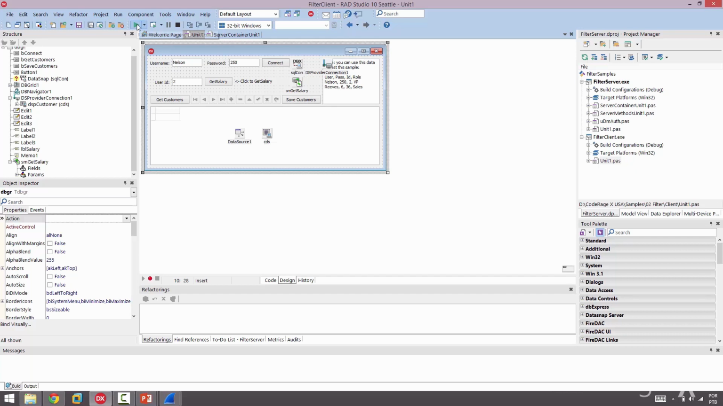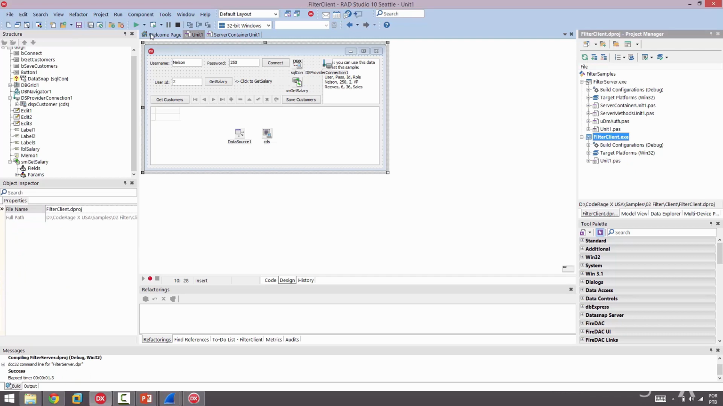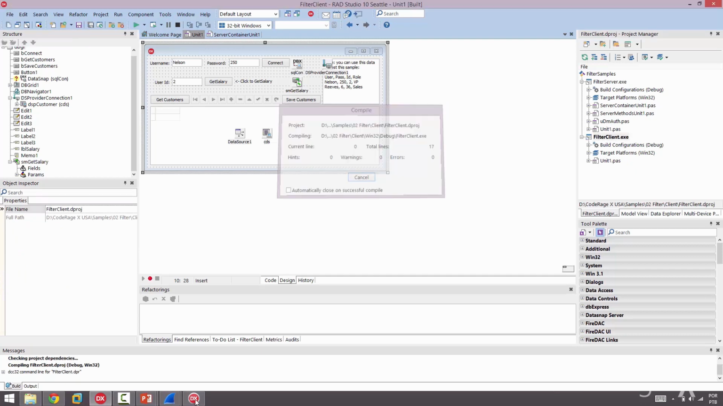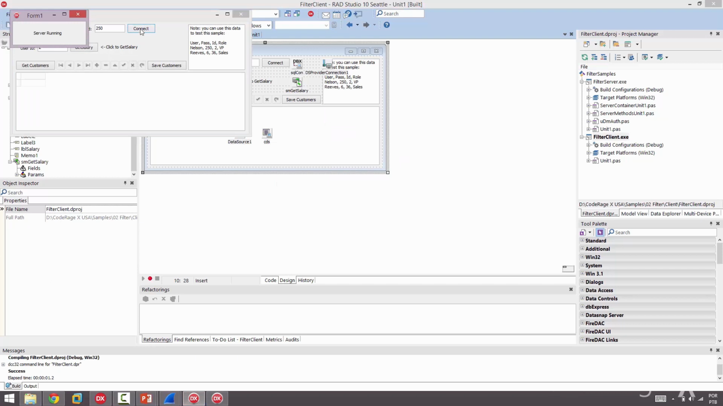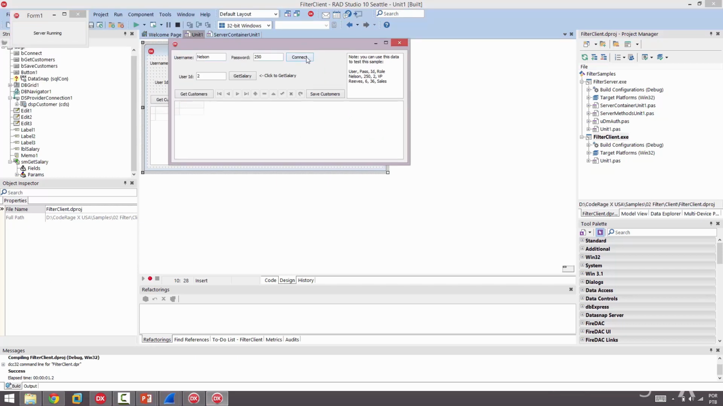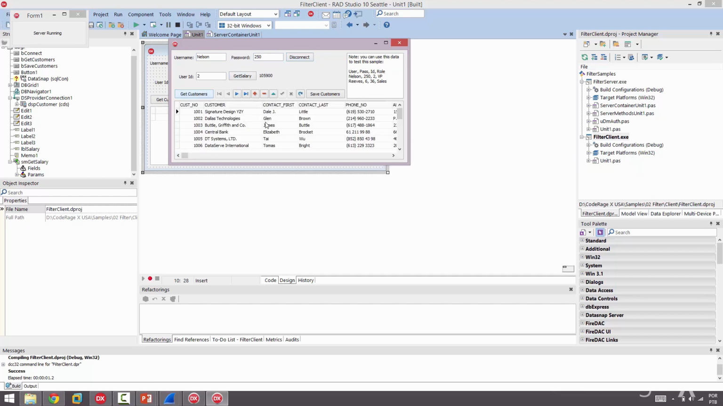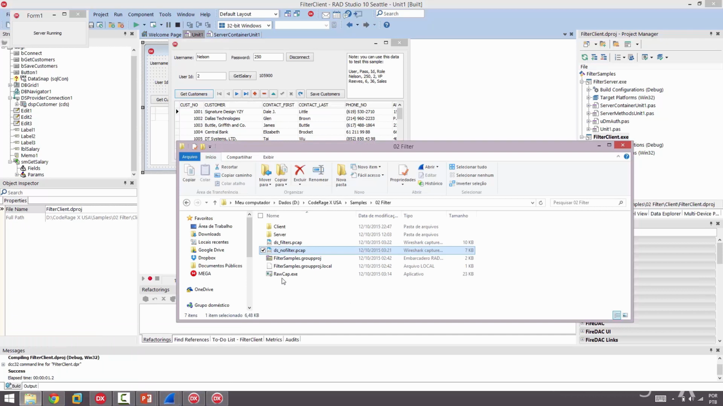Now if you run the server and the client, we can see that everything works in the same way. Here we go, connect to the user, get the salary, and get the customers, and go on. But I used an application called RawCap that monitors the local traffic over TCP/IP, and